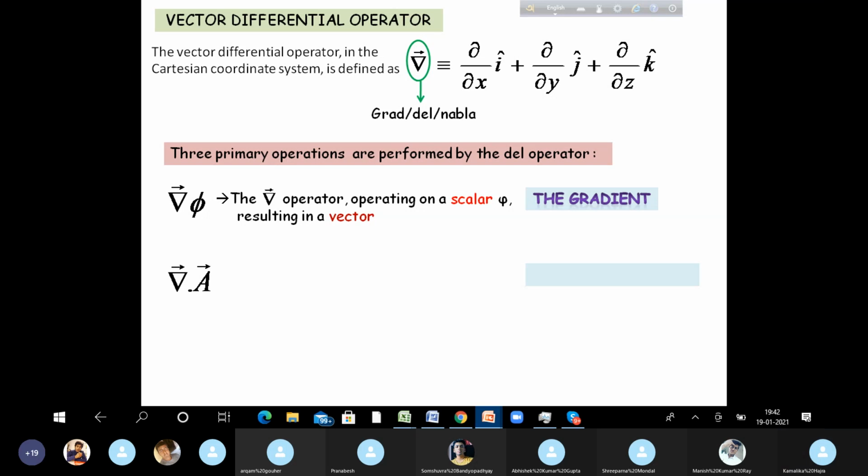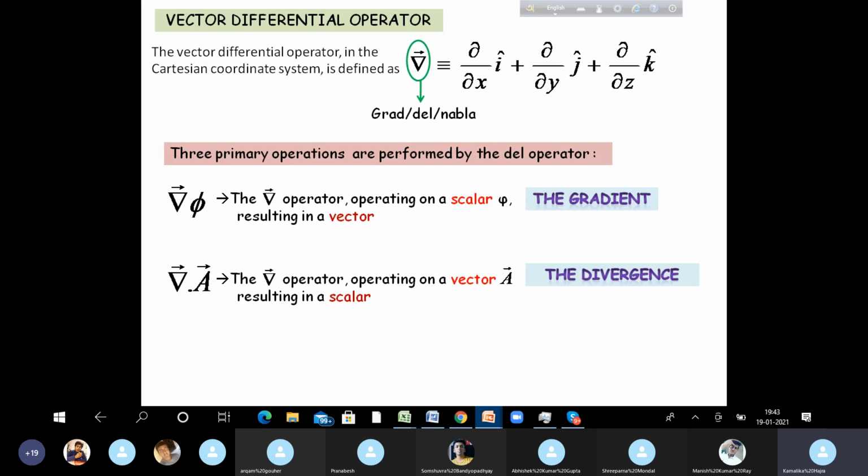Next, grad operator dotted with, dot product with, a vector A. Obviously this vector is not a constant because you are going to operate a differential operator on it. If it is a constant, then you are going to get 0. So when the grad operator operates on a vector A, the result is a scalar. And this is called the divergence. So when the vector differential operator acts on a vector